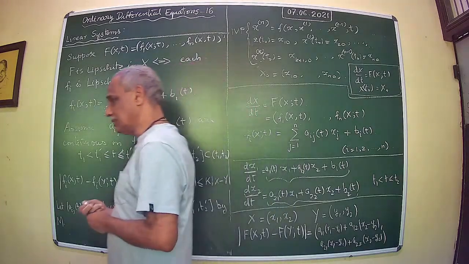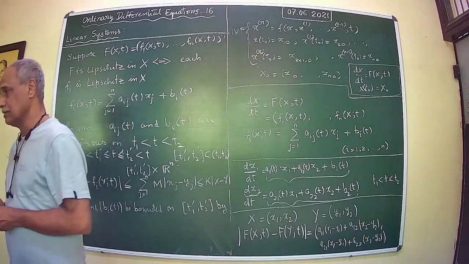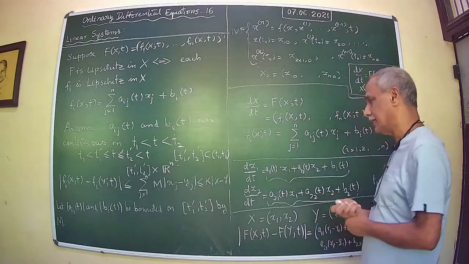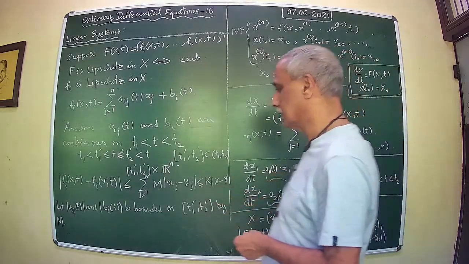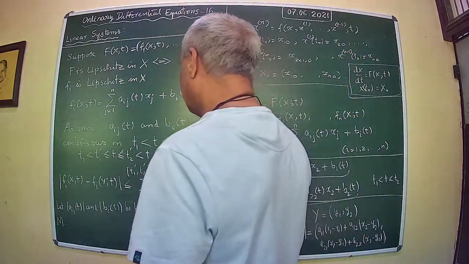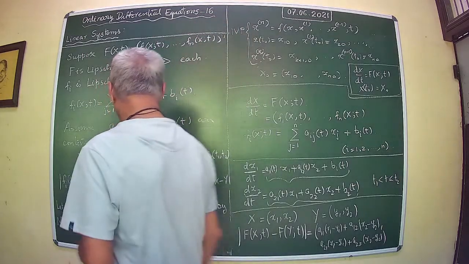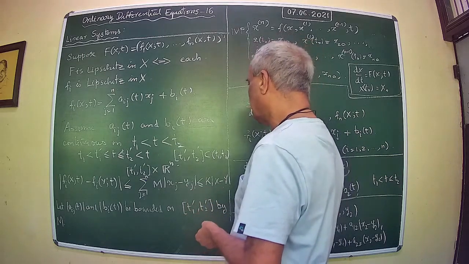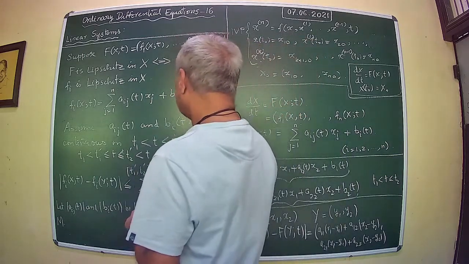Once m is fixed and the number n is known, then k is fixed. Therefore each f_i is uniformly Lipschitz on the strip T1,